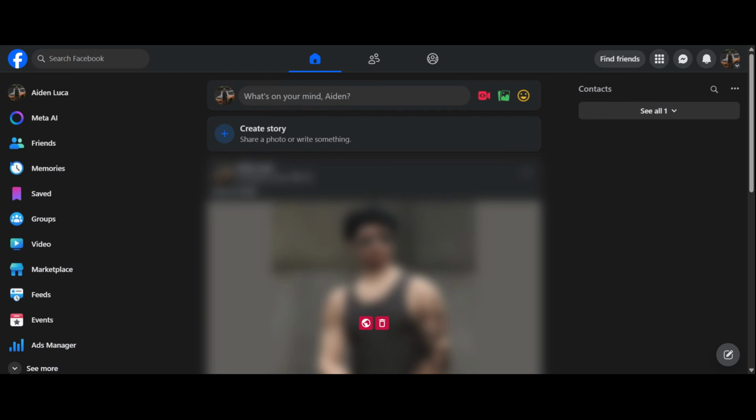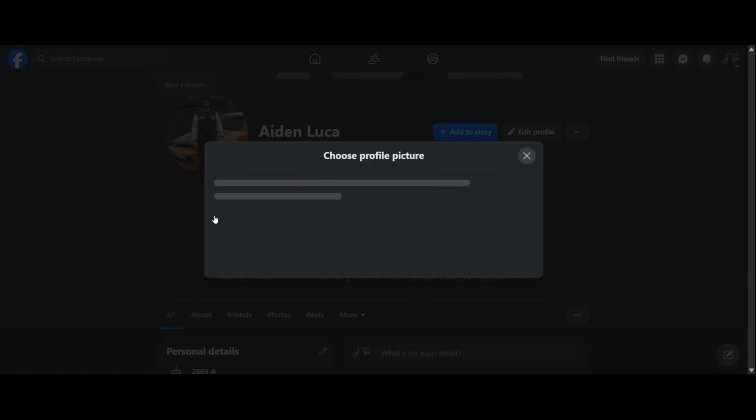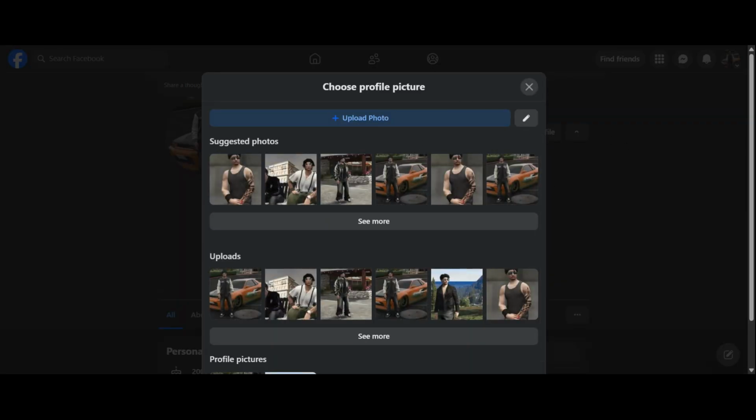First, open Facebook and go to your profile page. You can do this by tapping your profile icon or selecting your name from the menu. Once you're on your profile, tap on your current profile picture. This will open the profile photo screen where you can view the image in full. From here, select View Profile Picture. On many devices, you'll see this option after tapping the image, and it takes you directly to the photo preview